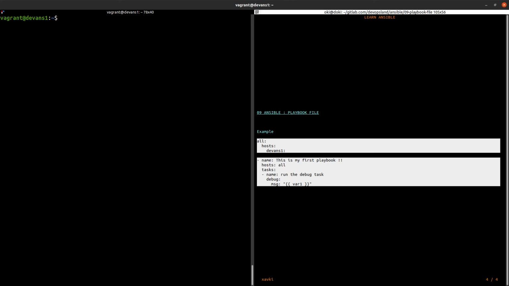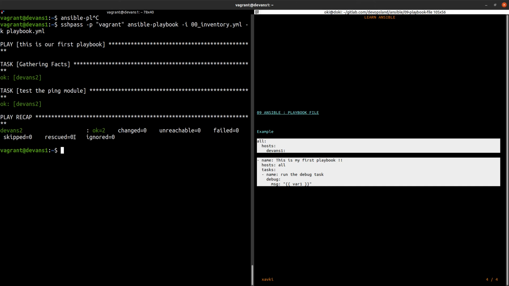So now we can use the command line ansible-playbook, with -i inventory, and we don't have to specify the all group, and -k to specify the SSH password, and then the playbook file.